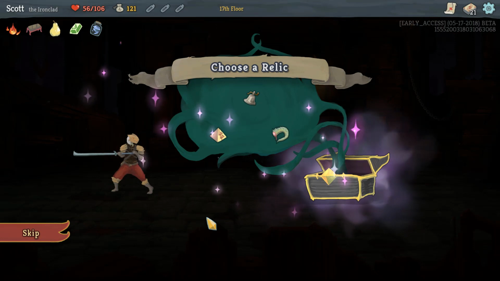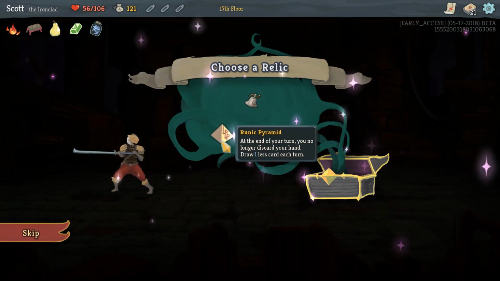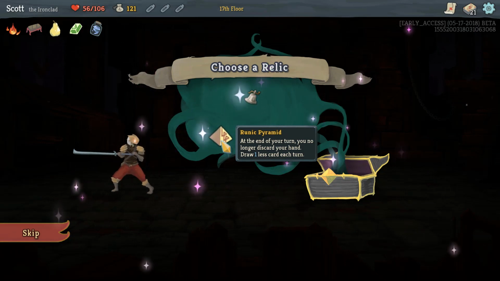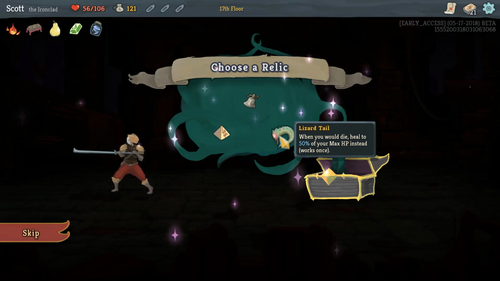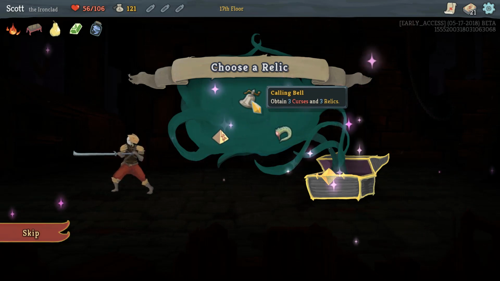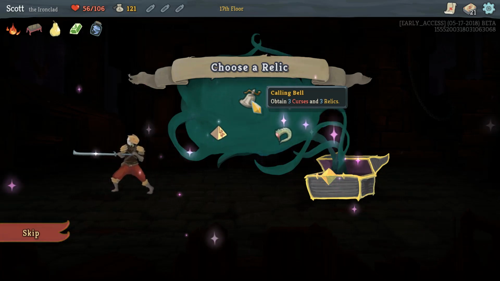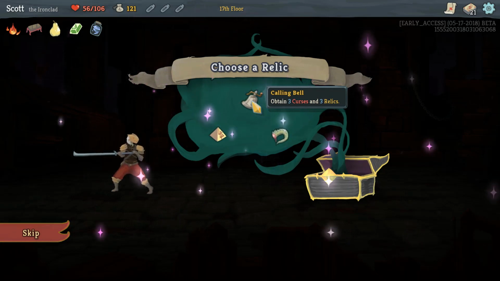Alright, here's where we get to pick a boss relic. Runic Pyramid. At the end of your turn, you no longer discard your hand. Draw one less card each turn. Oh, that's wild. Jeez, you'd end up with a ton of cards in your hand. Lizard Tail. When you would die, heal 50% of your max hit points, works once. Oh, that's really amazing, too. Calling Bell. Obtain 3 curses and 3 relics. I did this once. I got 3 curses in my hand. They all sucked. I did get 3 relics. They were pretty good. I'm not sure it's good or not. It's really tough because it's all random, so...